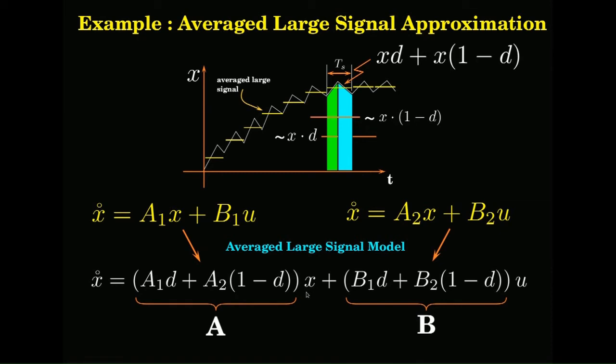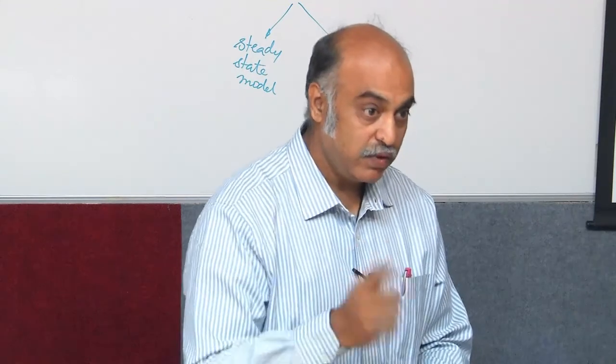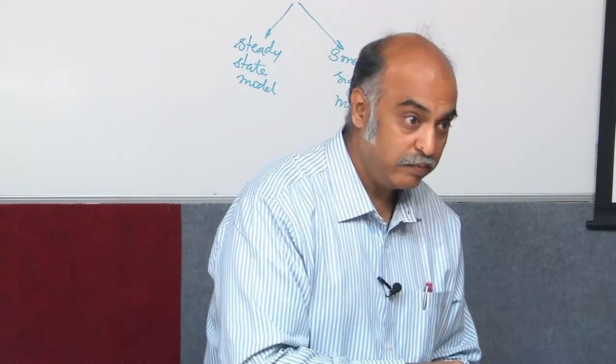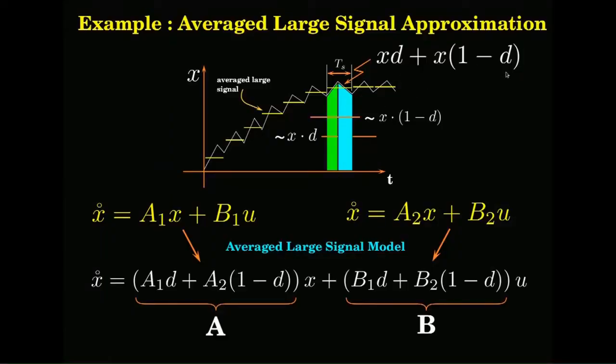See, ultimately in my controls, how will I get flat topped variables? I will not be able to get flat topped variables. What is available to you finally is only the measurable state variables, which is the actual large signal state variable. Okay. So, I should push all these d's and 1 minus d into the parameter matrix, and not disturb the state variable.